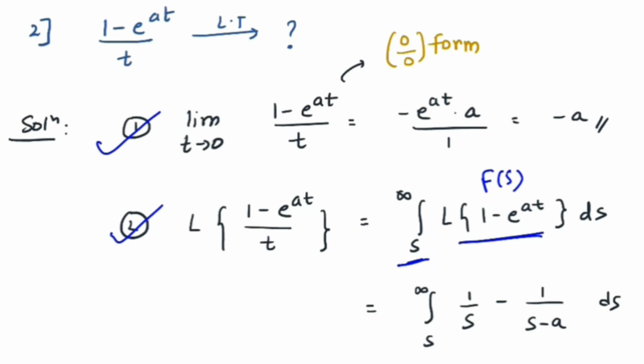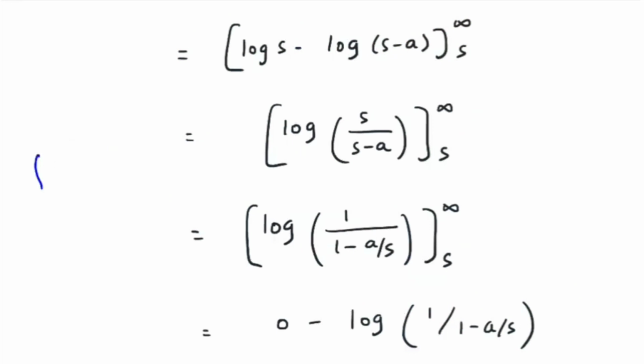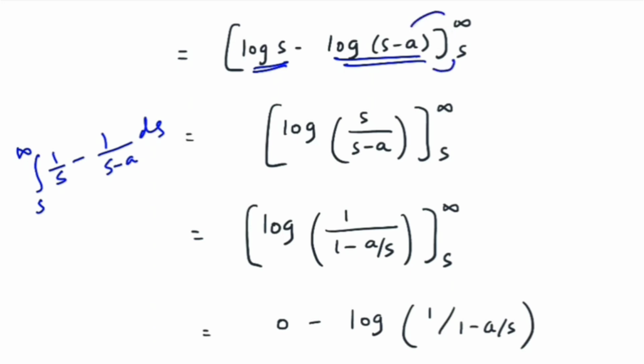So what is Laplace of f of t? What is the Laplace of this part? You have to split the Laplace, right? So Laplace of 1 is 1 over s, and Laplace of e raised to plus at is 1 upon s minus a. So the previous step was integral from s to infinity of 1 over s minus 1 over s minus a. Now you have to integrate with respect to ds. So integral of 1 over s is log s, and integral of 1 over s minus a is log of s minus a. Now because it is a definite integral, you have to substitute the upper and the lower limit. But if you substitute directly in this step, there is a problem: you will get an infinite answer. So to get a finite answer, you have to use some properties of log.